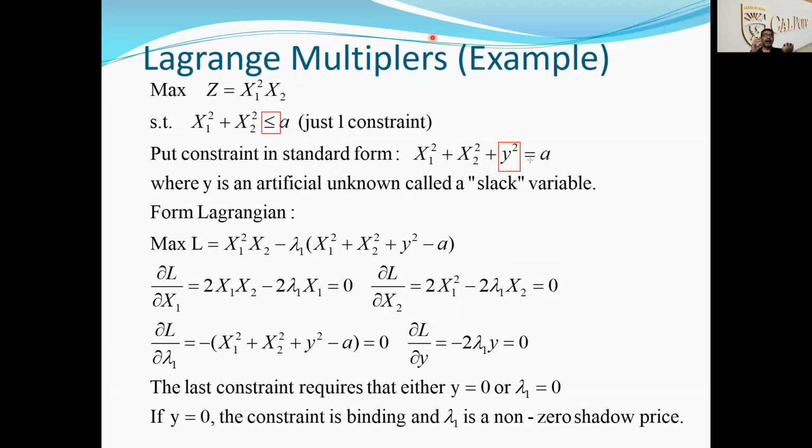If I just simply added y, what if y was negative? A real number could be negative too, right? Then my constraint would not be the correct constraint that was given to me in the original problem. But having y squared ensures that I have a positive value added into the left-hand side, and then when I'm equating it, I know y squared is positive. That's why I'm adding y squared instead of y. If that makes sense, good. If that does not make sense, please let me know. I'll be happy to clarify it further.